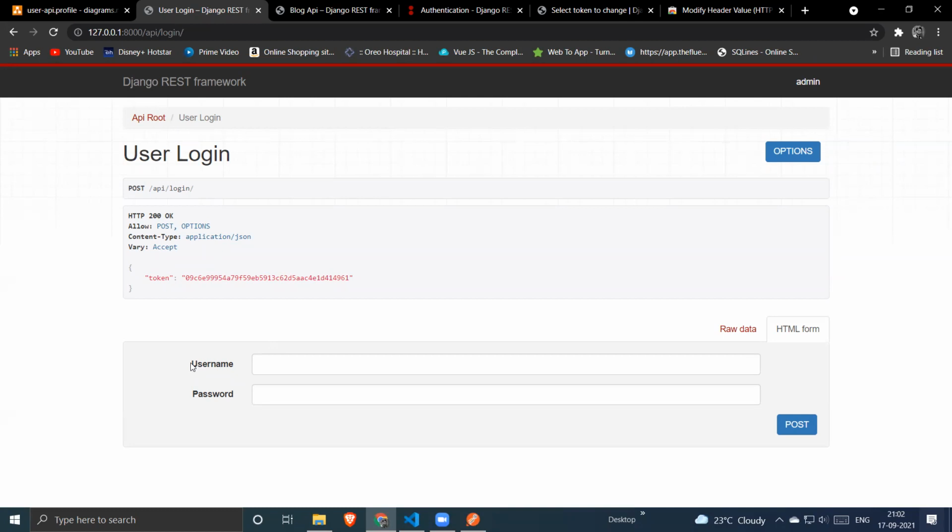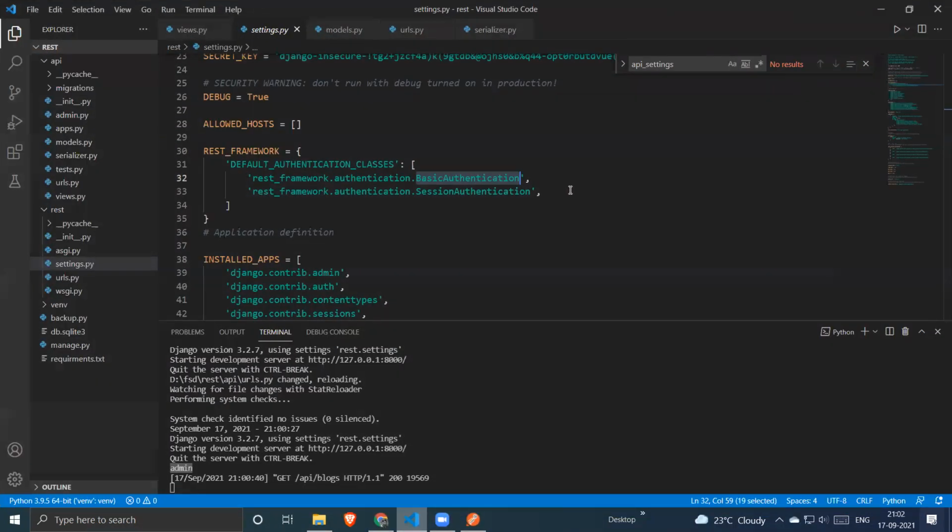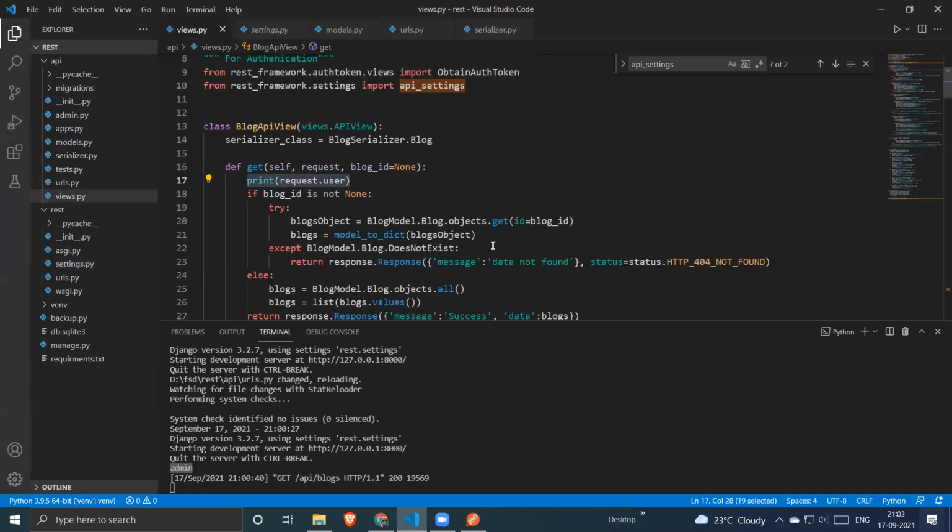If you are using only a username and password, you are using basic authentication. There are multiple authentications, but I am not fully aware of them, so I won't tell you the wrong thing. For example, if you are building an authentication system where the user gets an OTP from our system and enters the OTP along with the mobile number, you can do that in the API views.